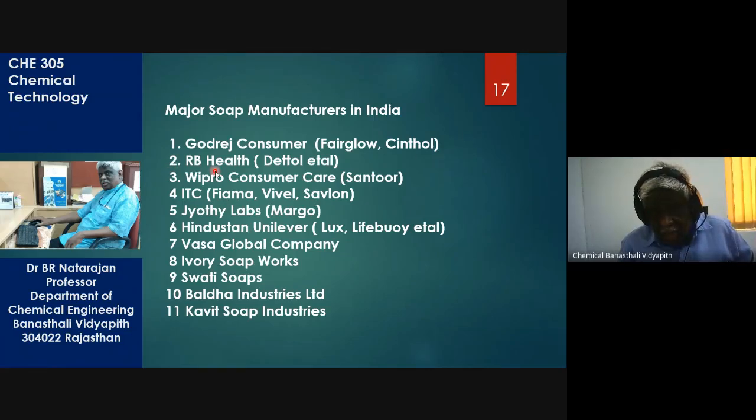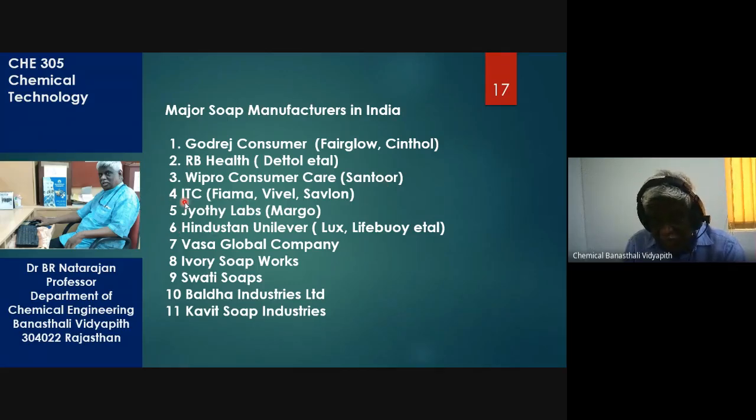RB Health. RB stands for, remember, there was the earlier Reckitt and Coleman, the big international major. Then it became Reckitt and Benckiser. So Reckitt and Benckiser Health makes Dettol. Ultimate. Everyone knows the Dettol. Dettol soap, Dettol liquid. Wipro Consumer Care, Santoor soap, famous ad. Everyone surprised. Wow,